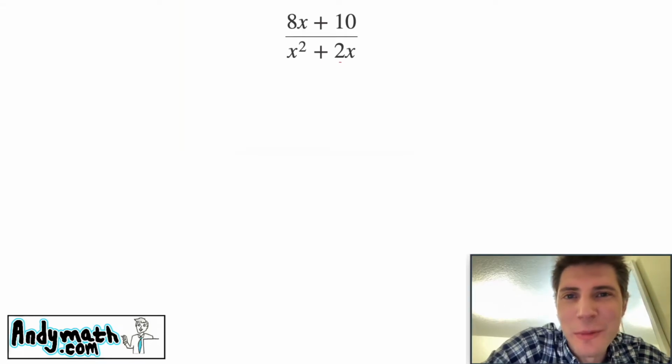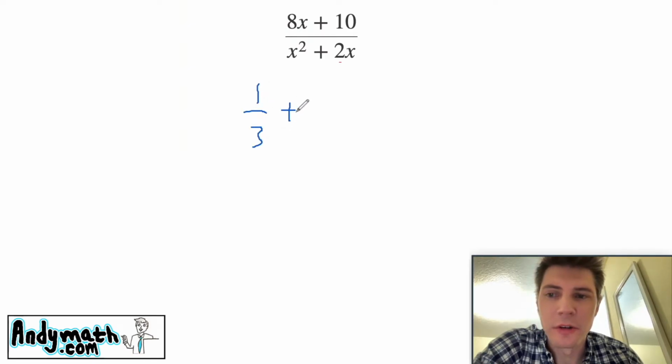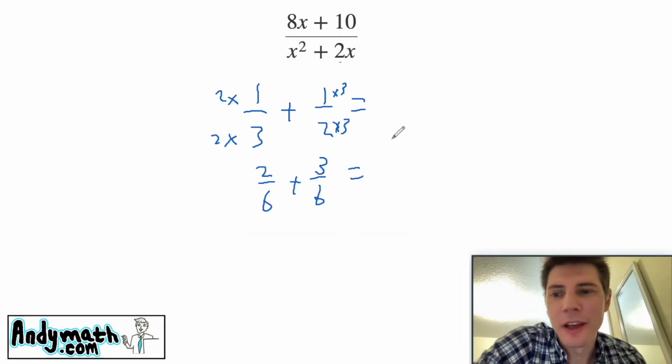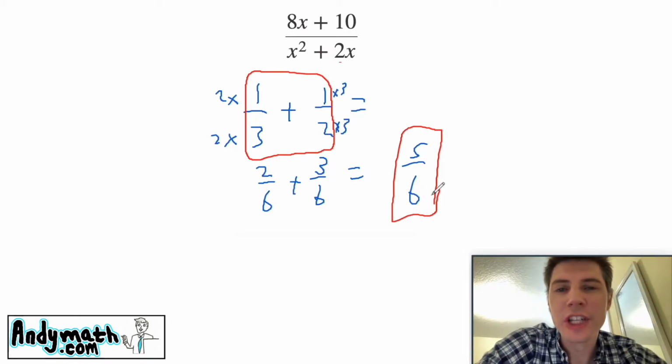Partial fraction decomposition. This is a pretty scary sounding name, but I'll try to explain it. If you remember adding fractions, something like 1/3 plus 1/2, you would give them a common denominator, and then you would add them together. And then you would have a single fraction as your answer. So you took what started out as two fractions, a 1/3 plus a 1/2, and you changed it into one